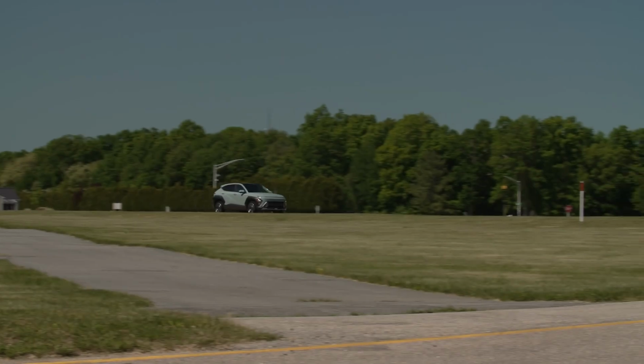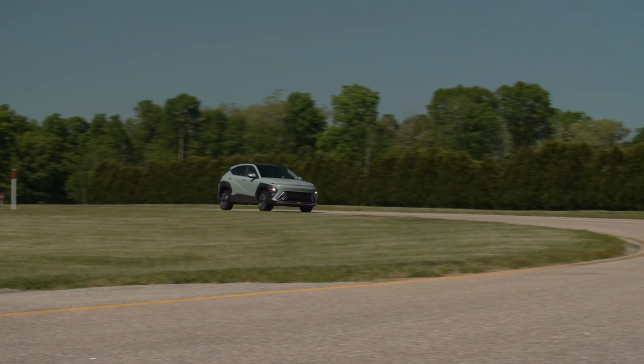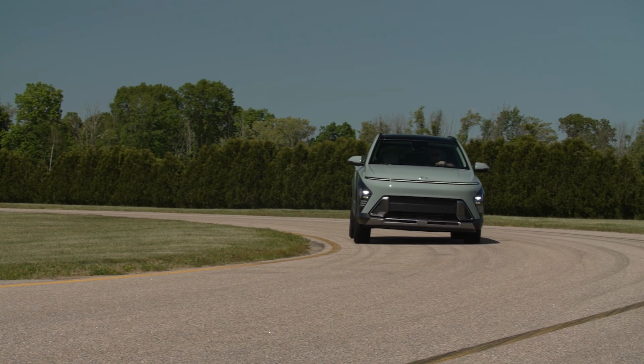Right. Yeah. It's interesting because both powertrains see a change for 2024, which is the 2-liter has gone from a 6-speed automatic to a continuously variable transmission, and the 1.6 turbo has gone from a 7-speed dual clutch transmission to a conventional 8-speed automatic. And I think in both cases, they've been improved because of those switches. And like you said, Keith, you would think that we'd gravitate toward the 1.6 turbo. It's got more power, and usually turbos are a little bit more fun to drive. But honestly, I think for more people...